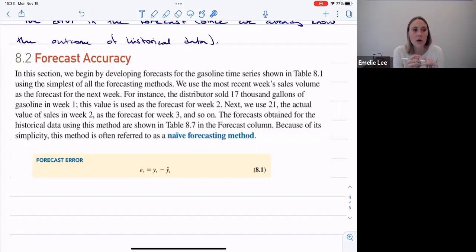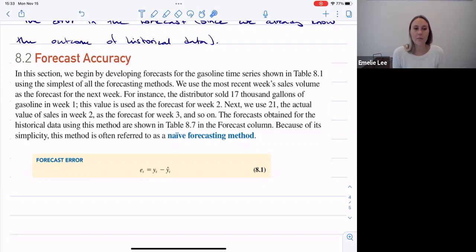So the most basic forecasting method is the naive forecasting method, where you just look at the previous week, for example, and that's your forecast. Well, how much in sales did I have last week? That's my forecast. That's what I predict will happen. We know that that's not going to be the same, but it is a pretty good forecasting method. And so it's called the naive forecasting method. But it's very basic. It's very simple. It's very easy to explain. And so there's benefit there.